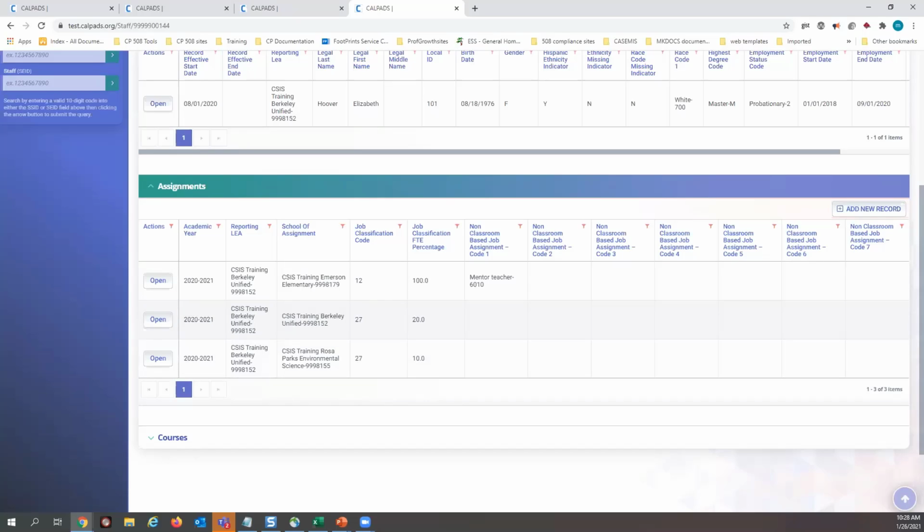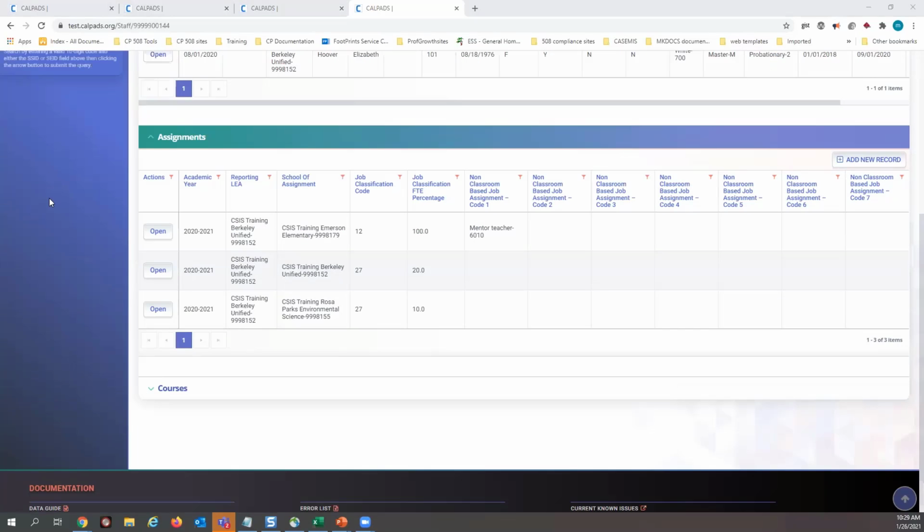So that's how to report staff assignments, SDM. So there are numerous combinations of reporting scenarios that you can throw in here. I can ramble on, but Nate takes over and discusses courses. Nate?